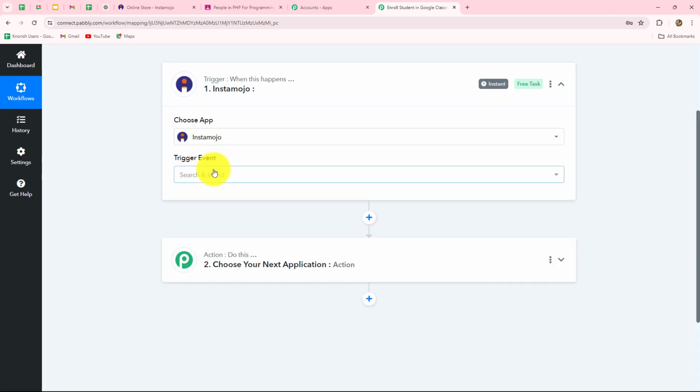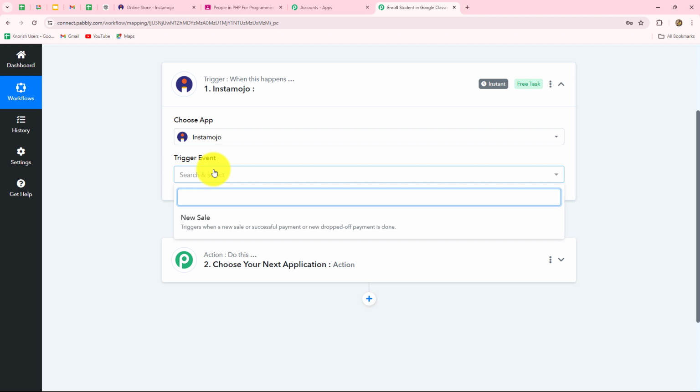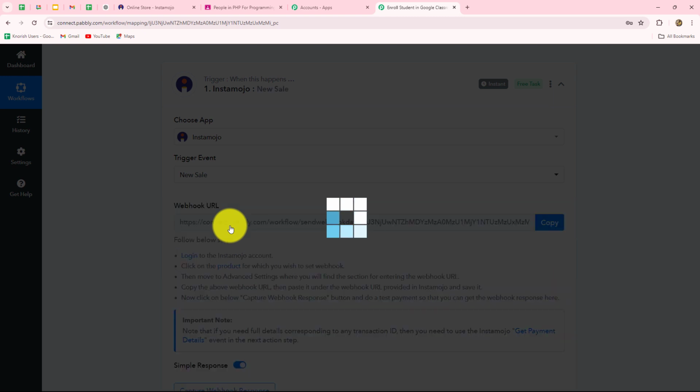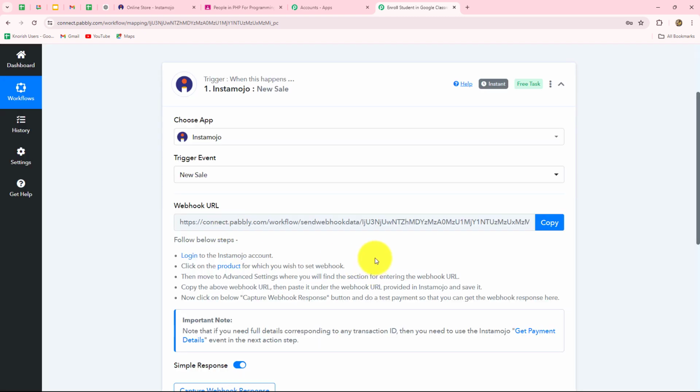Now we have to select the trigger event. Trigger event is the event on the happening of which the workflow is going to trigger or start. So new sale will be our trigger event over here. Whenever the payment is received, that means when a sale of a course is made in Instamojo, then instantly we are going to receive the response,